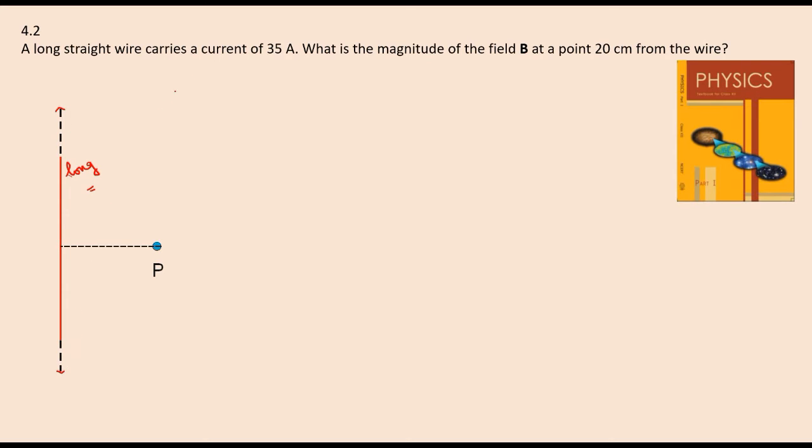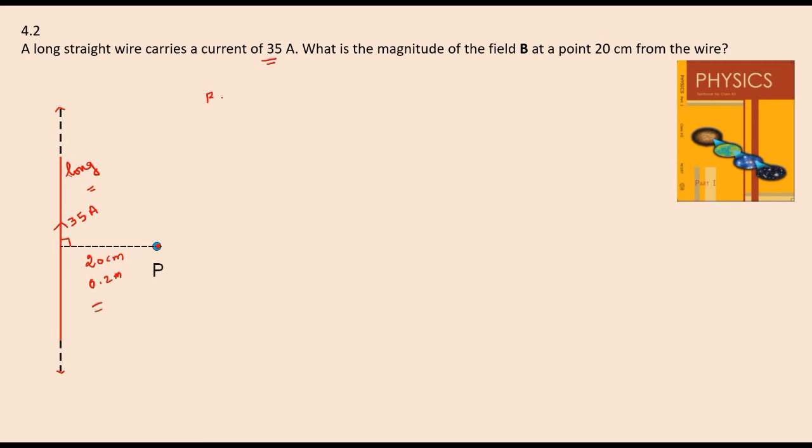It carries a current of 35 ampere. Let's say we show it like this, 35 ampere. You can even show it downward. This is a point under consideration, P. Now what is the magnitude of the field B at a point 20 centimeter? This point is at 20 centimeter. This has to be 90 degrees. You can even consider it as 0.2 meter. To convert centimeter to meter, divide by 100. That and all you should be knowing very well. It is required to find magnetic field at P.